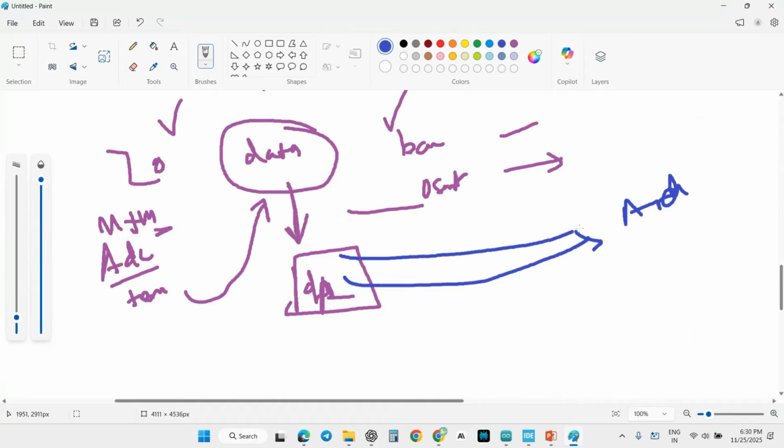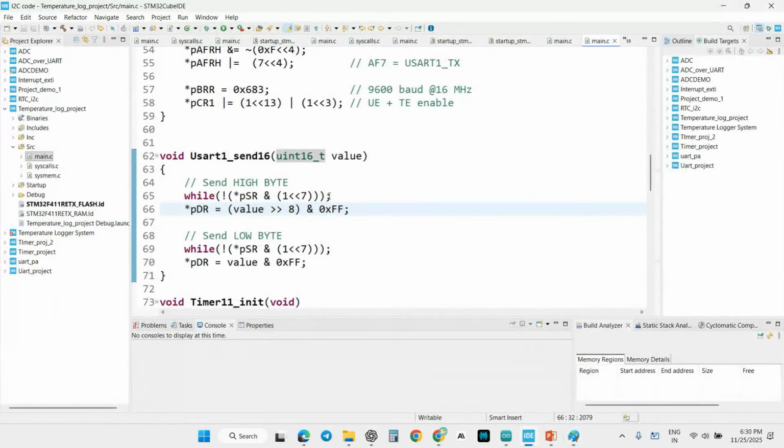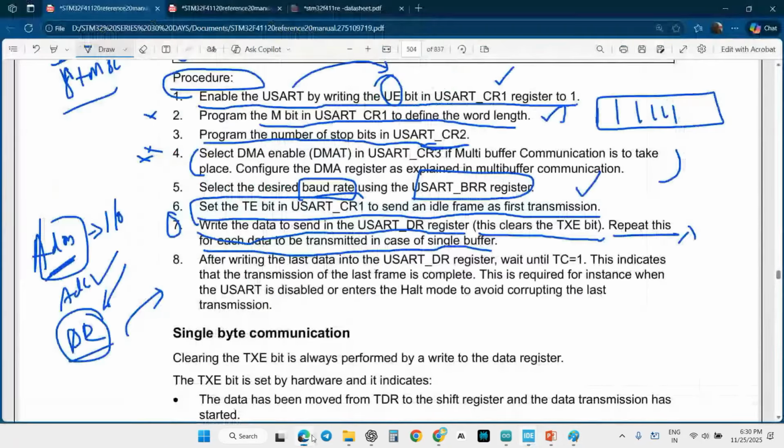But if you want to send to the other microcontroller, it needs to be checked whether the buffer is free or not. That is the TXE bit. If the buffer is free, it is going to be sent. If it is not free, it just holds the data. This is the checking condition. Here they didn't give the condition like you just set the TXE bit. They are telling that this clears the TXE bit, repeats